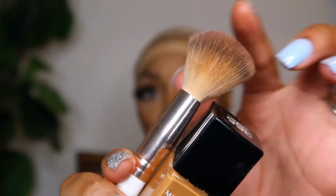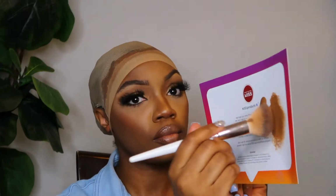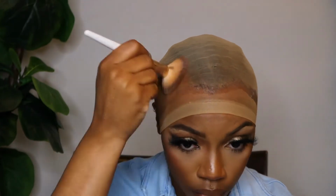Before I go in and cut the excess cap off, I'm going in with my foundation of choice. I'm using the Fit Me in 355 and I'm just going to buff that into my cap. You want to make sure that you're using a thin layer, because the more foundation or makeup that you use, it is going to cake up that cap and it's going to make your lace not lay as perfect. So like I said, you want to use a thin layer and spread it out as much as possible before